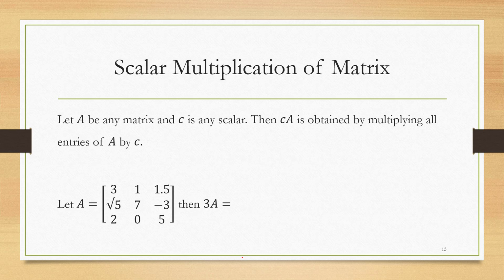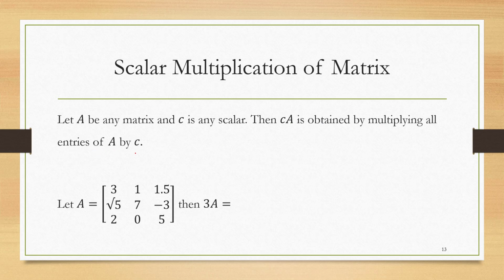Next operation on matrices is scalar multiplication. In terms of multiplication, in matrices there are two types of multiplication. First type is scalar multiplication and the second type is matrix multiplication. In this lecture, we will be talking about scalar multiplication only. Matrix multiplication we will be doing in lecture 3. So, let A be any matrix and C is any scalar. By scalar we mean a number. So, then CA, that means multiplying a scalar with a matrix, is obtained by multiplying all the entries of A